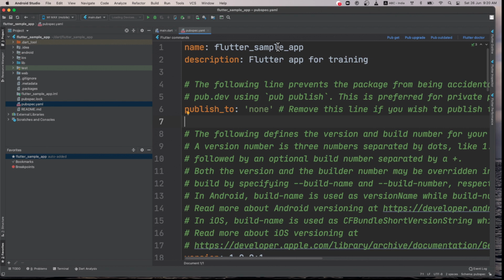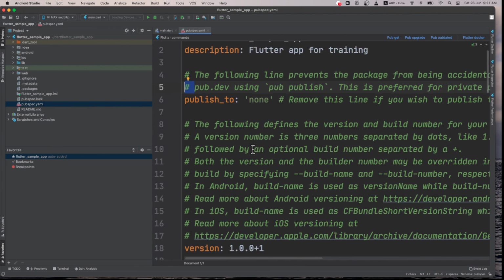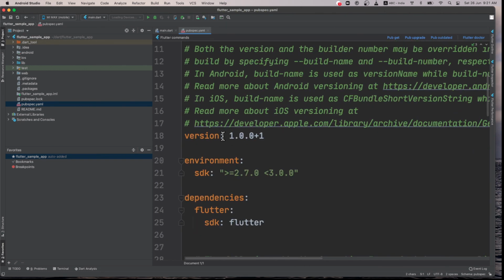In this you define what your project name is, what the description is. This is the information that we put in while creating the application. Now you will see some lines starting with a hash. These are comments. Comments are only meant for human beings, not for the machine, so those are not used for compilation. Now if we go down, this is the application version, the version of your application, not the Flutter version.